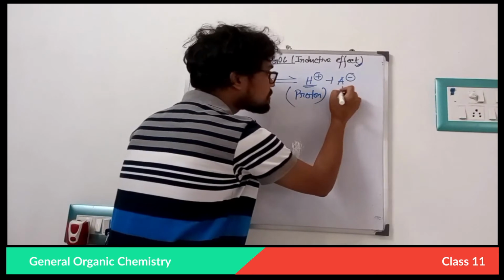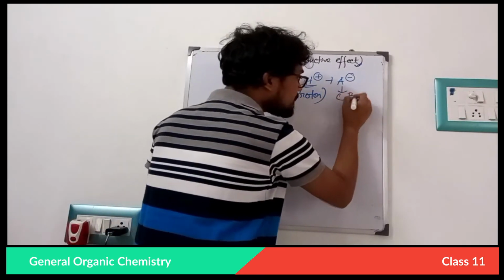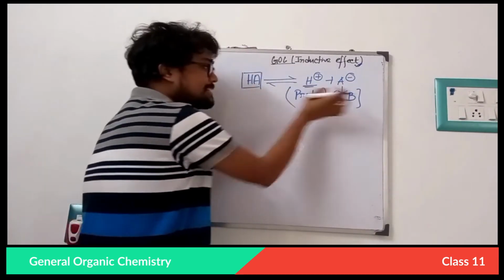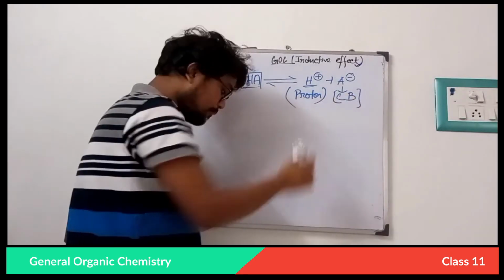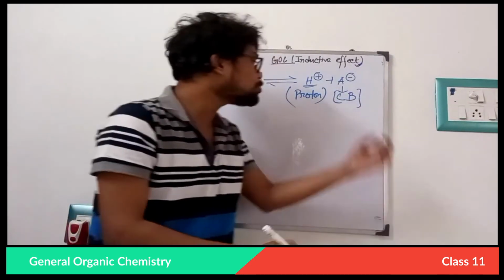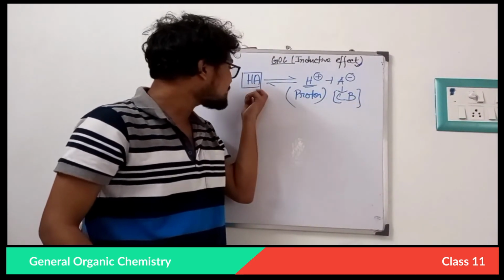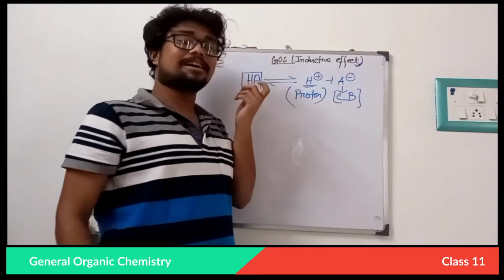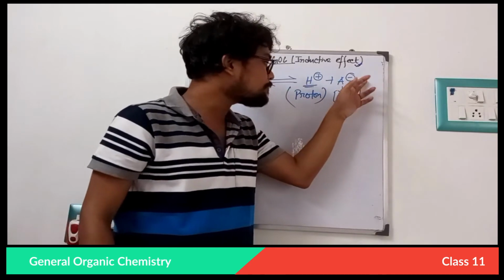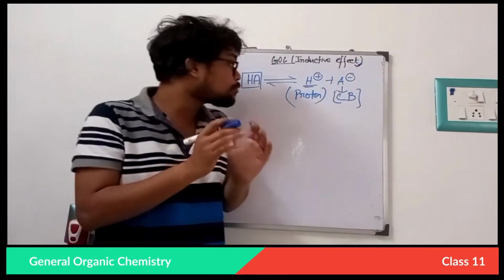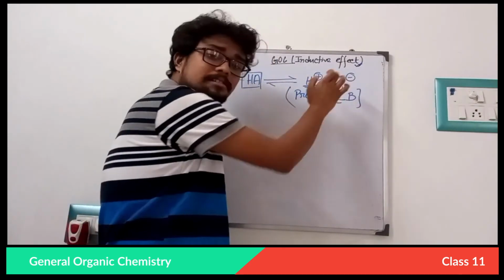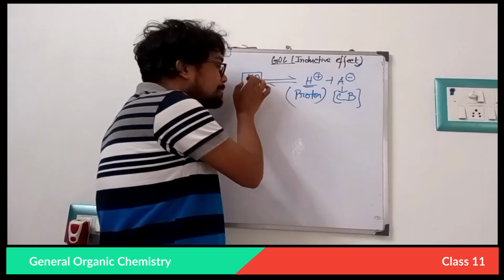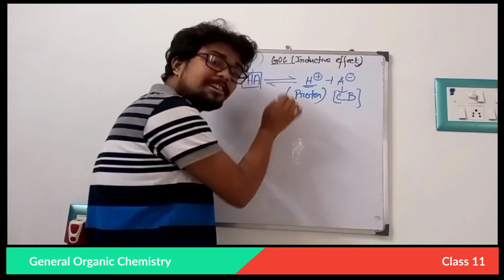Okay, and this is a conjugate base of this acid because it releases H plus. So which one is a more stable conjugate base? In case of acid, this is a conjugate base. Which one is more stable? That one is more acidic in nature, because if the A minus is very stable, then it will form very easily. So the main species, the former species, will release H plus ion.